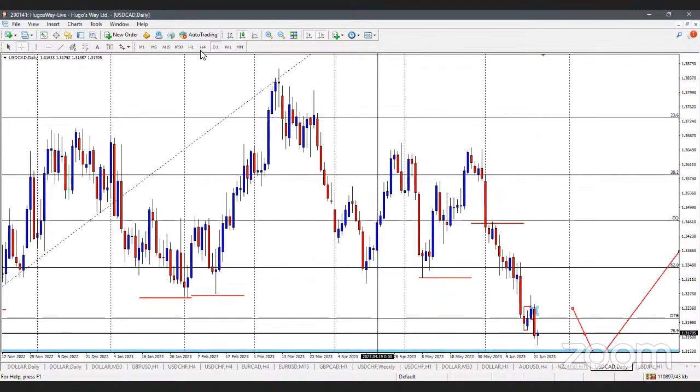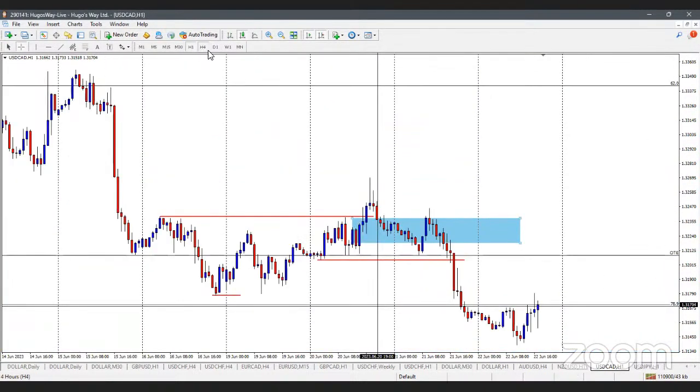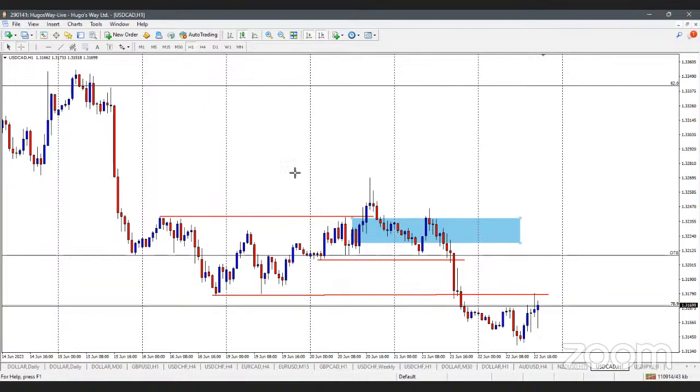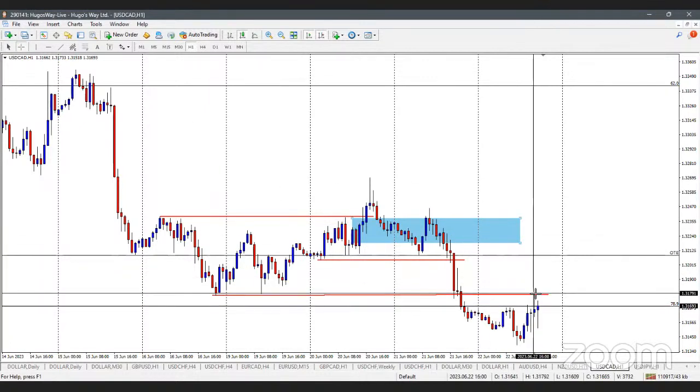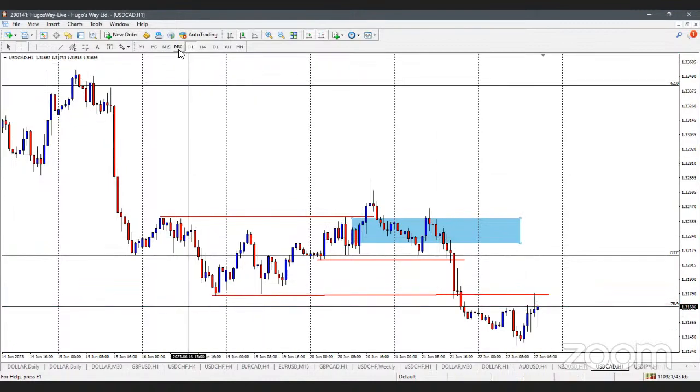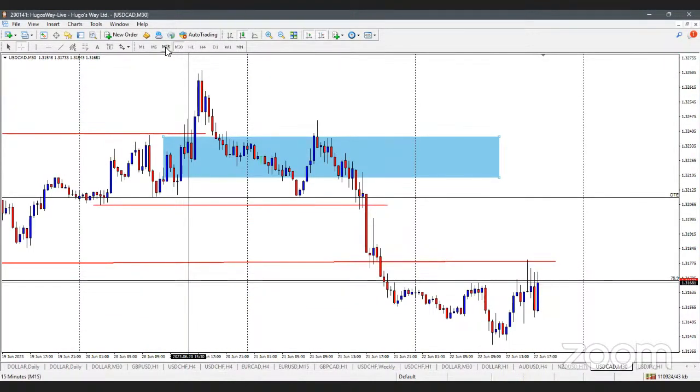All right, D1, H4, H1, and so on. On the H4, it's pretty clear we have one more week left because we've had a strong close beneath the low of last week, and that's where the price has wicked to right now. All right, to the T. So that last wick here, the price came back to this high and matched the price here, right? Now on the 30-minute, it's pretty noisy.